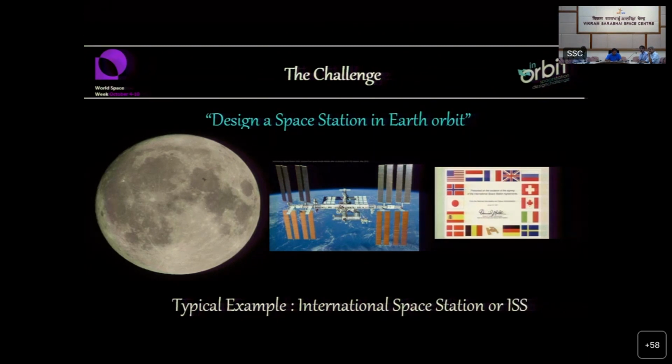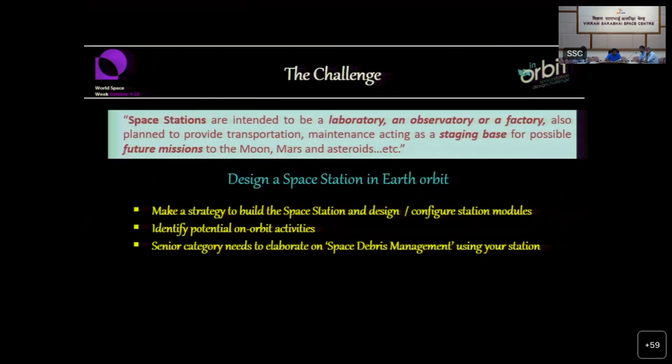For example, the module sizing, how you're going to carry these modules to space, how you're planning to assemble them, and more importantly, you have to identify an objective for your mission. The objective includes what all activities you are planning to carry out in outer space once you erect the space station around the Earth in a low Earth orbit.